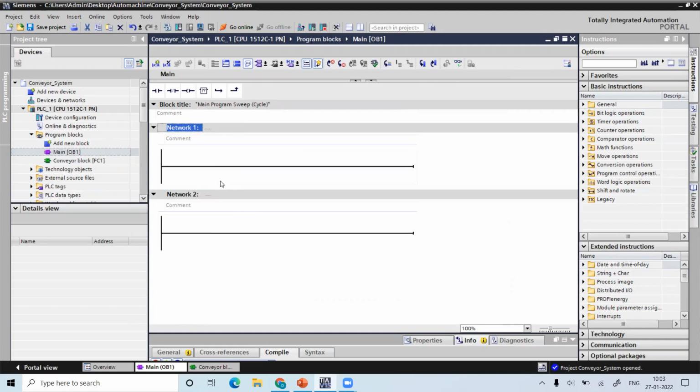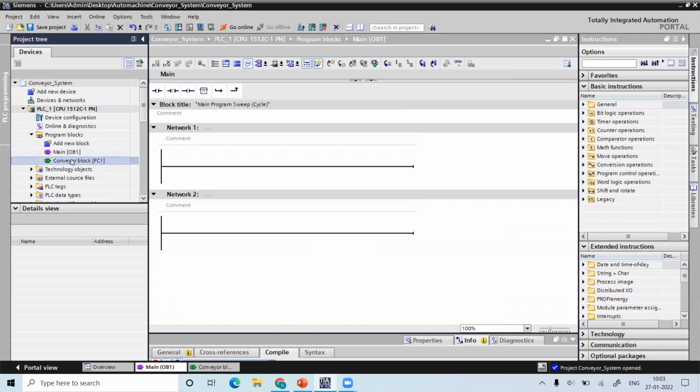So I have deleted everything in the main block. Whatever program you create in the main block will be the only one that runs for our purpose. Whatever is in the main block will run for this PLC, and other blocks will not run, so you need to add these blocks into the main block. The executable block is the main block.